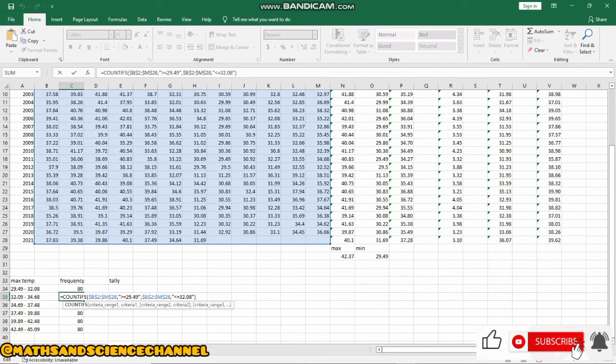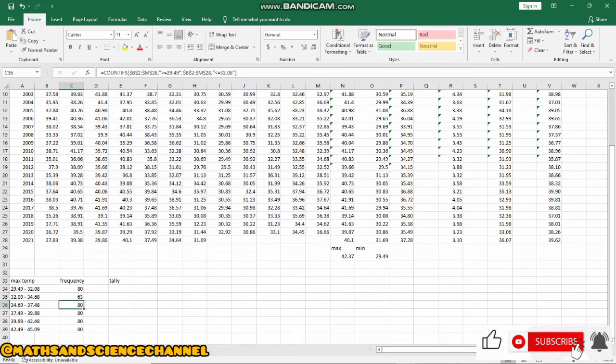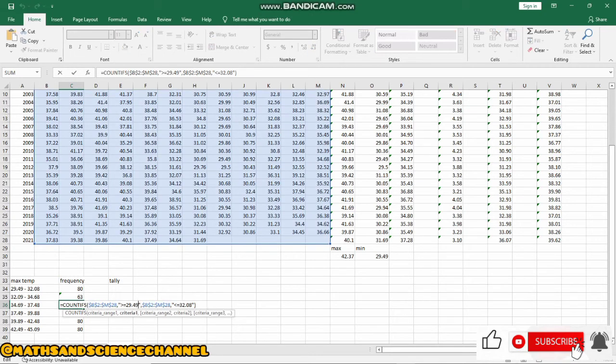So you have to change the lower limit here too. In this case, the lower limit here is just 32.0909, and then the upper limit here is just 34 points. So we have 34.68, and then you enter, then it gives you the values, and then you change for the next one also, which is